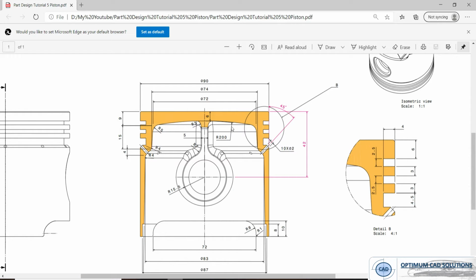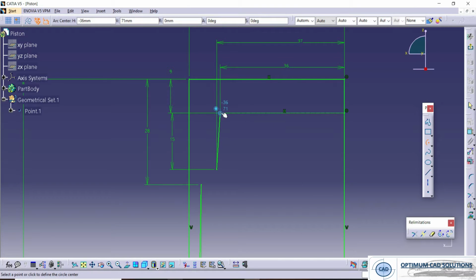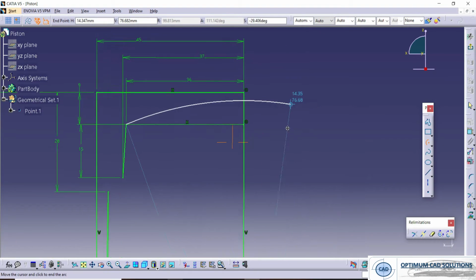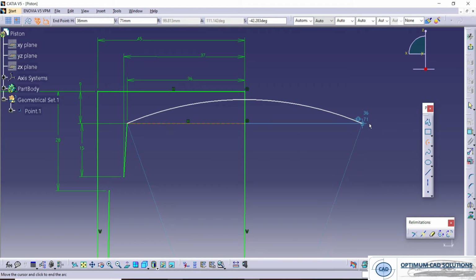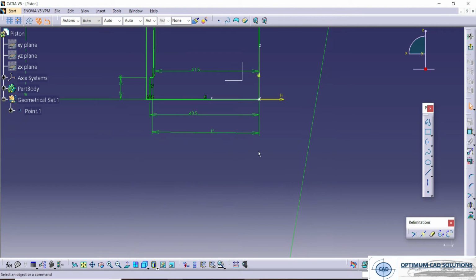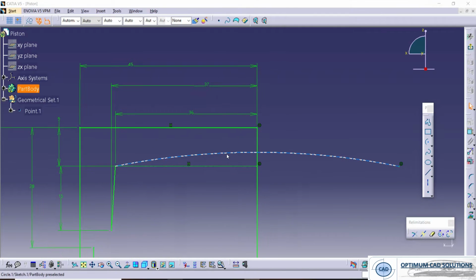This radius is 200 mm. Here is 200, we'll draw the arc here. Start point, and we'll get a middle mirror point here. Yes, here is the middle mirror point. Let's give the dimension. This is 200R, and this is 6 mm from the top surface.